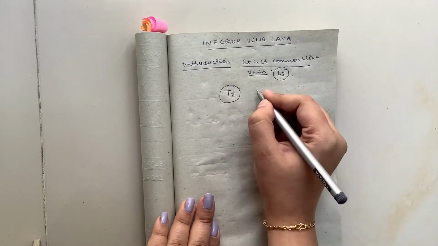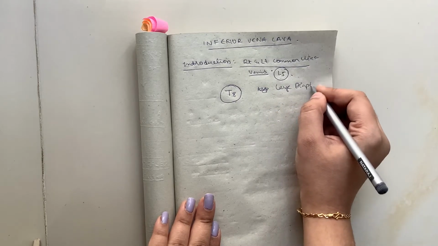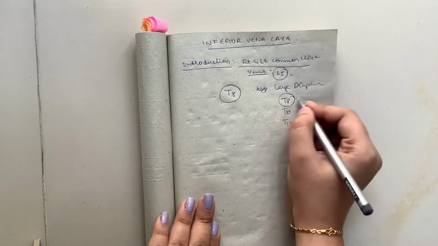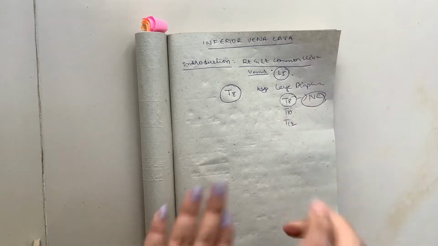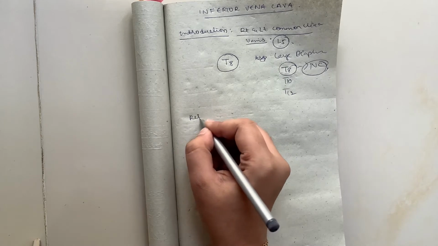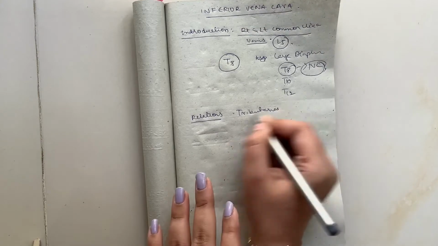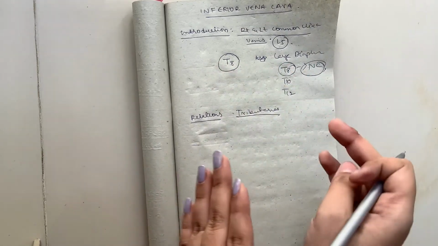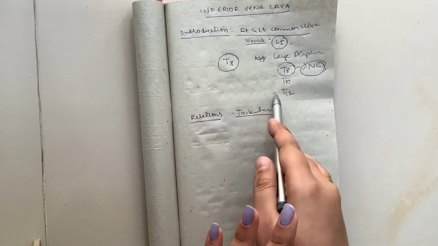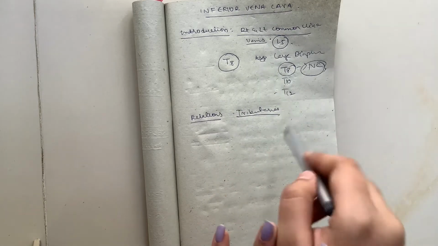We know that because the major diaphragmatic openings are at T8, T10 and T12. T8 is the inferior vena cava opening, so you can remember it like that. Now we are going to look at the relations. After the relations, we'll look at the tributaries, because these are the important parts. Whenever a question is asked, you have to answer in this way: first give a brief introduction, then state its relations, and then state its tributaries.